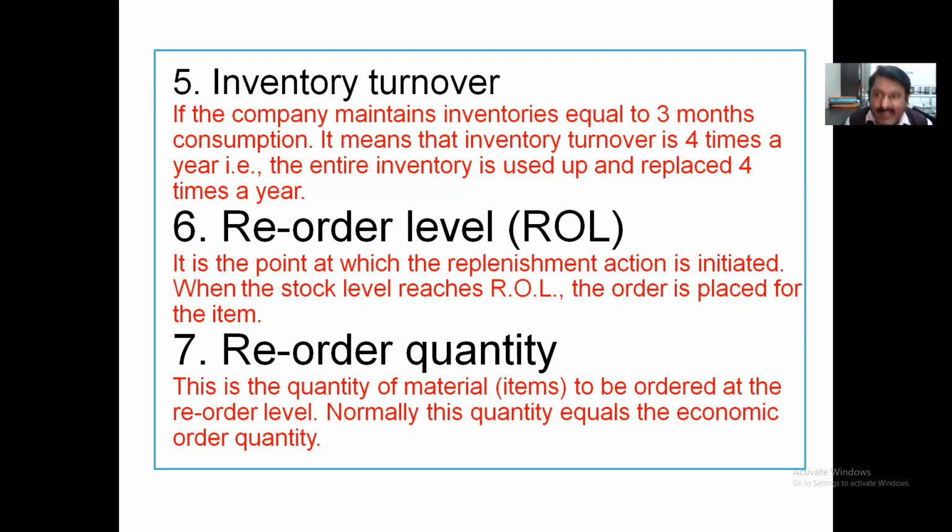But if the stock reaches the 100 level, then it should be the case that after the order, it is available in hours. I purposefully gave that example, because per day 100 consumption is there, and after having a stock of 100, if you give the order, it may take 1-2 days or 3 days, and then the production will get hampered. So the reorder level is very carefully decided, as to when to go for purchasing the further item. And it is not only for the material required for production, but also for accessories, for tooling, for grinding wheels, for single point cutting tools and buffing wheels, and stationery items, etc.